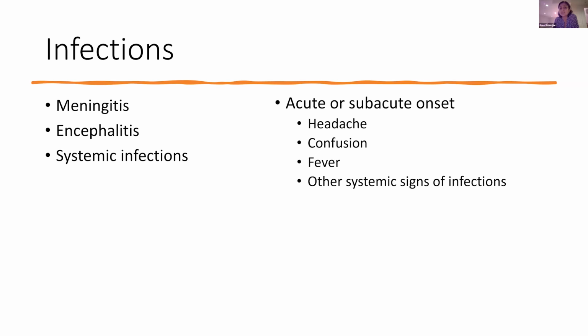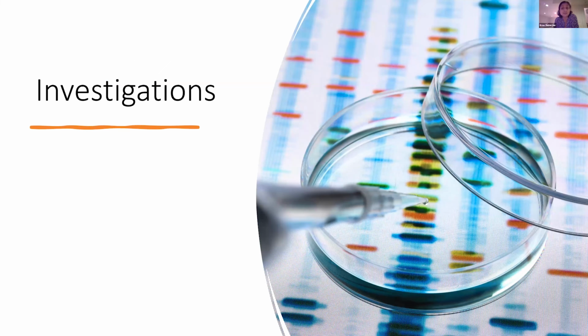Common symptoms, as you can see, are very similar to brain vasculitis, such as headache, confusion, fever, and depending on what organ system is affected, there could be other systemic signs of infection. So how do we determine that? This is where the investigations, of course, a detailed history and physical is very important, the first step, and other investigations